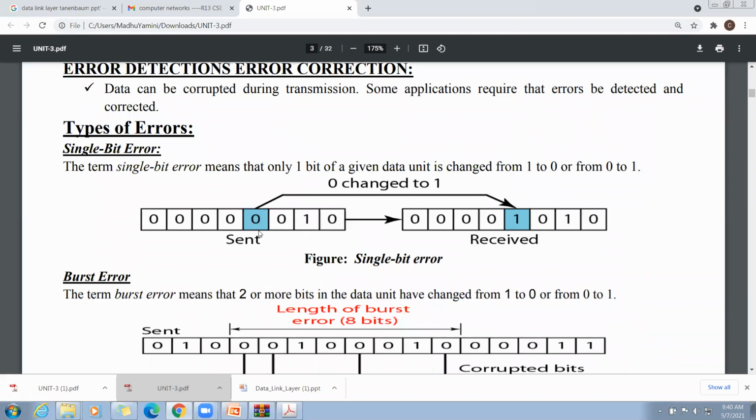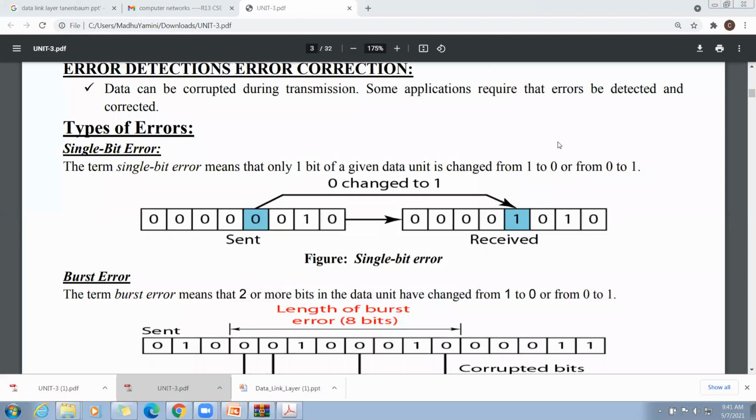Only one bit is changed. In the diagram, bit 0 got changed to bit 1.